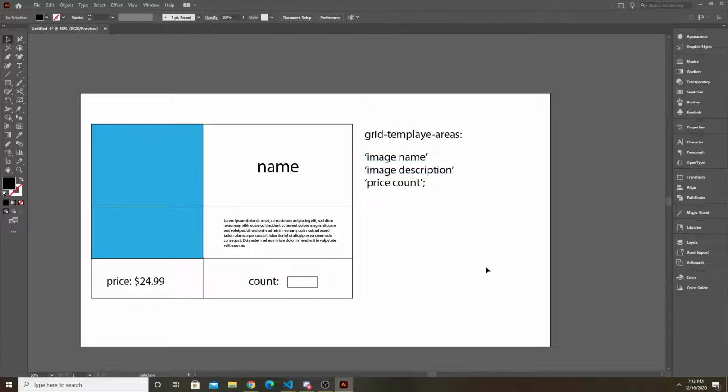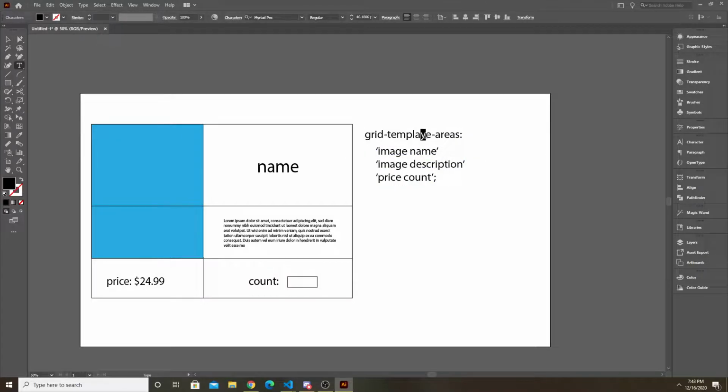Right, so that's how you would do it with the grid template areas. Template areas, and then you would have a class somewhere. So you'd have